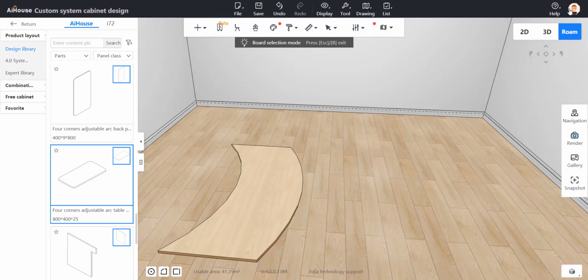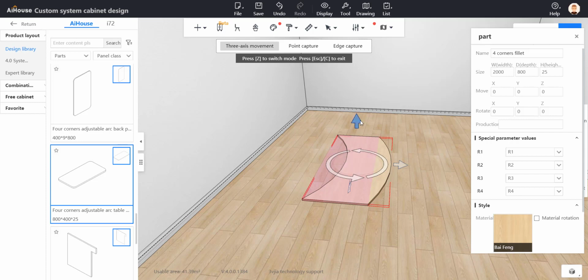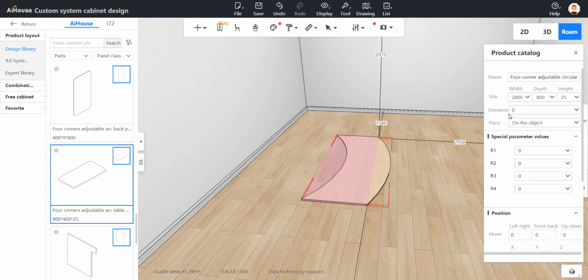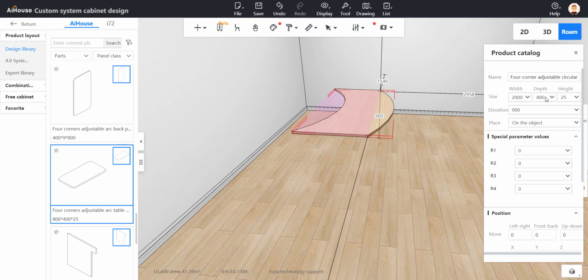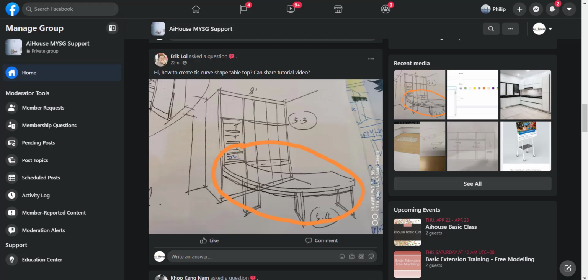Then you exit, return. So this one will be the top. Let's say I exit the board, move it up. I click on it, move it up. Elevation, I make it 900, 800, something 850. Then now I'm gonna add this one, the so-called